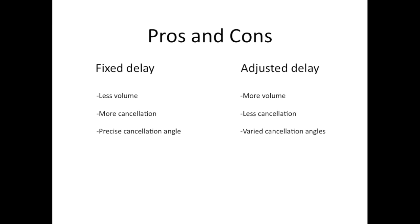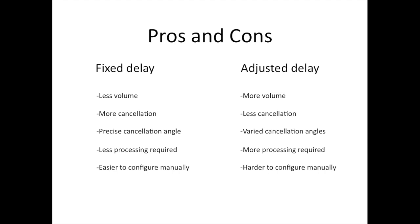Now, there are pros and cons to each. In situations where you need the maximum volume from your subwoofers, and you want to generally avoid spilling bass information behind the subs, but don't really mind exactly where the cancellations are at every frequency point, using the adjusted delay method is a good option because you get maximum forward summing and a strong average cancellation behind the subs across the